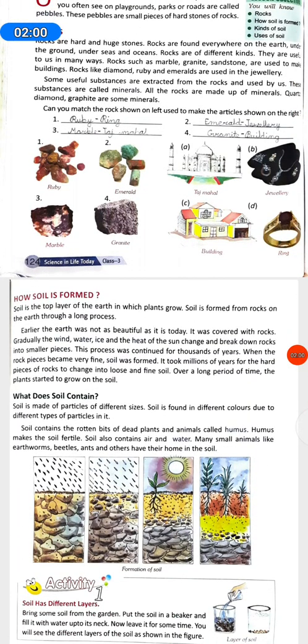How is soil formed? Soil is the top layer of the earth in which plants grow. Soil is formed from rocks on the earth through a long process. Earlier, the earth was not as beautiful as it is today. It was covered with rocks. Gradually, the wind, water, ice, and the heat of the sun change and break down the rocks